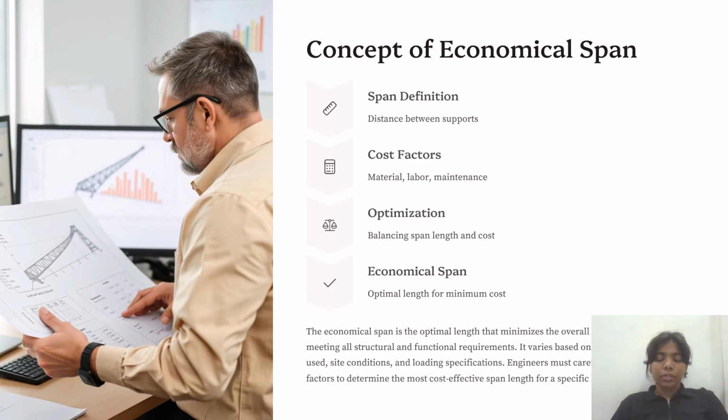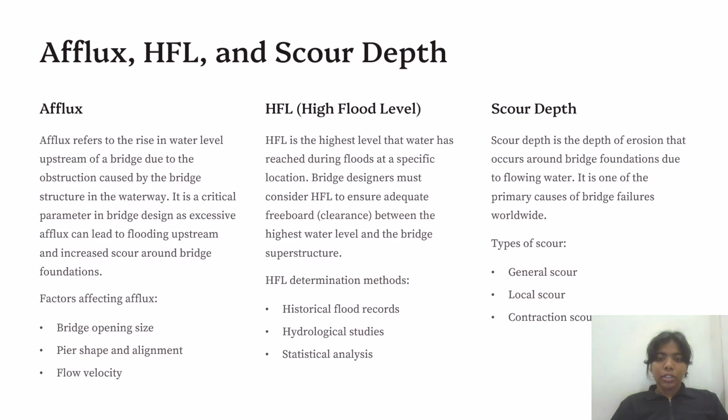Then we are talking about the concept of economical span. The economical span of the bridge is the span length for which the total cost of the bridge, including both the superstructure and the substructure, is minimum. Determining the economical span involves considering the cost of deck, supporting structures, girders, trusses, etc., piers,